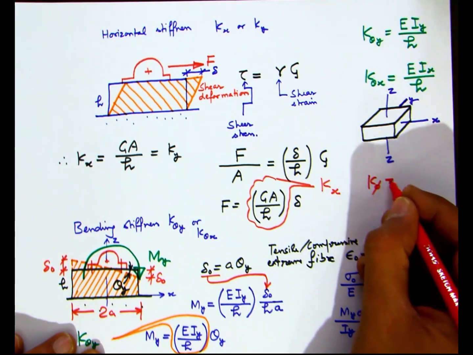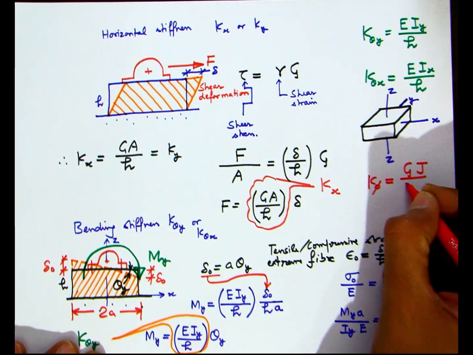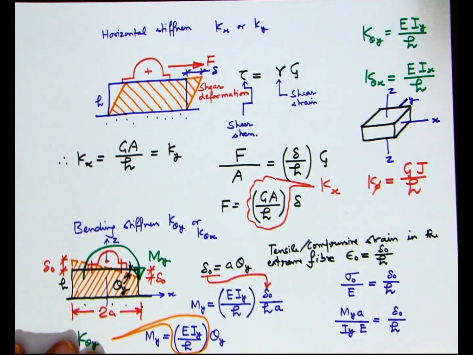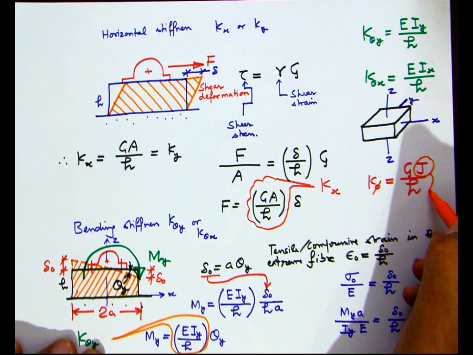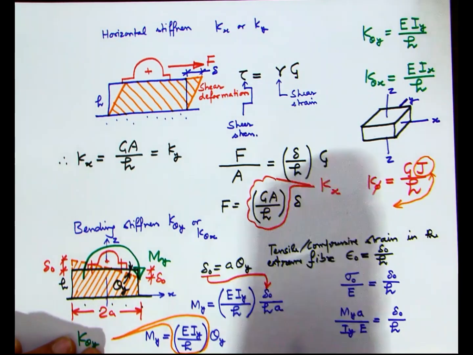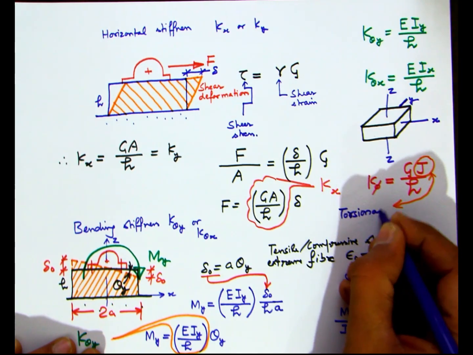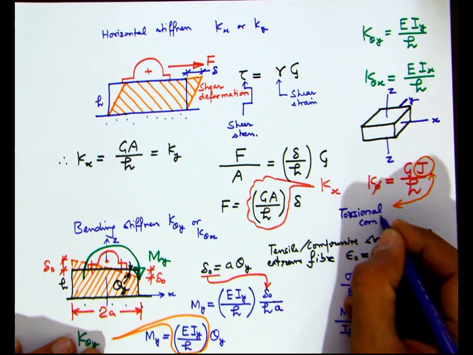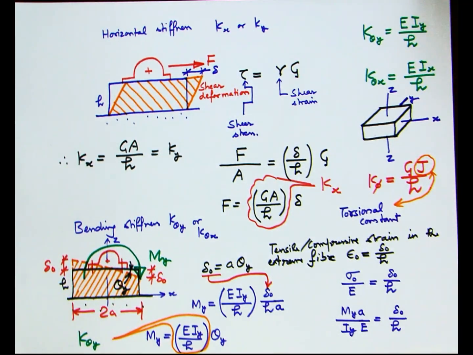So taking cue from the previous derivations of the stiffness kx and k theta y, we can directly write an expression for the yawning stiffness, which is also denoted by k phi or k xi, as GJ by h. So here J is not the polar moment of inertia, but it is the torsional constant. If we refer to any solid mechanics book, we can obtain the expression for the torsional constant for any